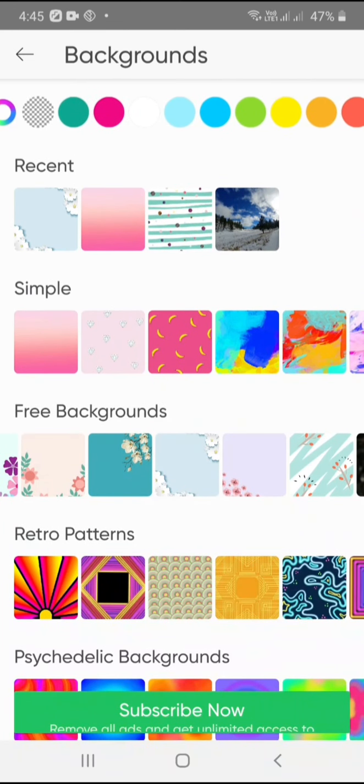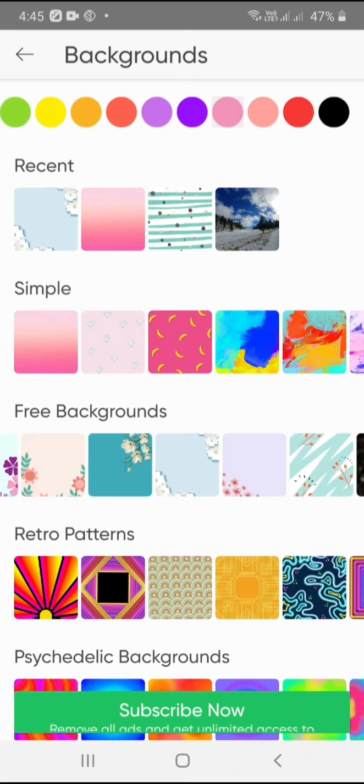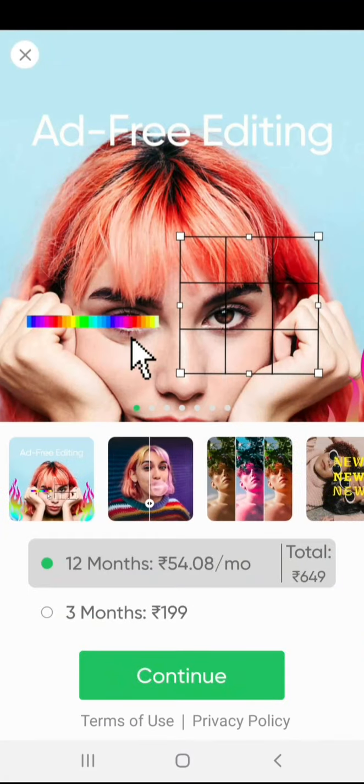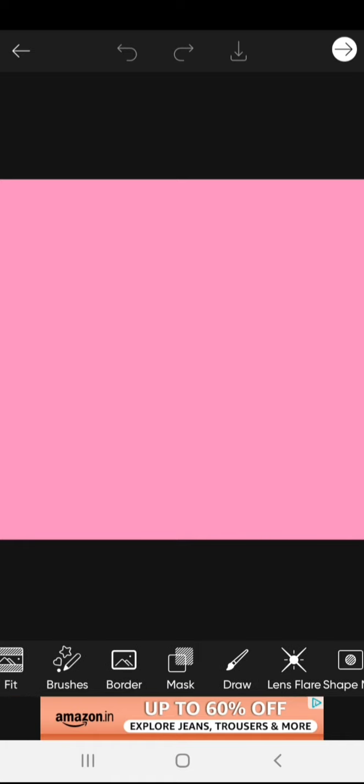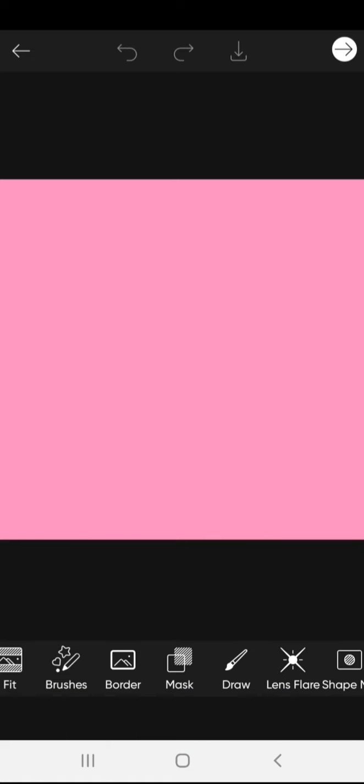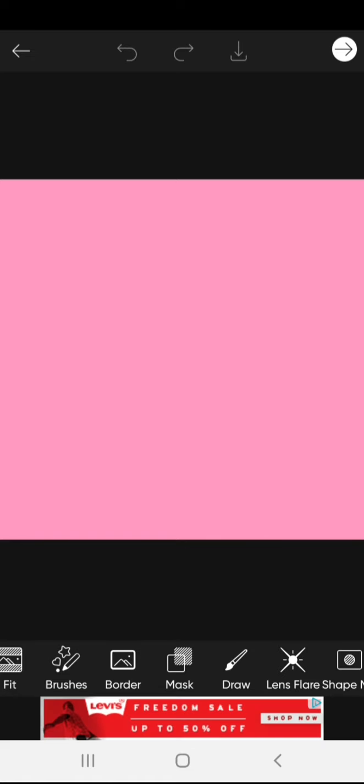Okay, so you can choose any of them, but for a thumbnail the best thing is to choose light colors. I have taken pink color there and just crossed it, and you can use the pink color if available. You can use any color, it's not necessary to take pink only. And one thing, I'm reminding you always: use PixArt for YouTube thumbnails only. It will be very premium, and you will get many likes and subscribers on your YouTube channel.